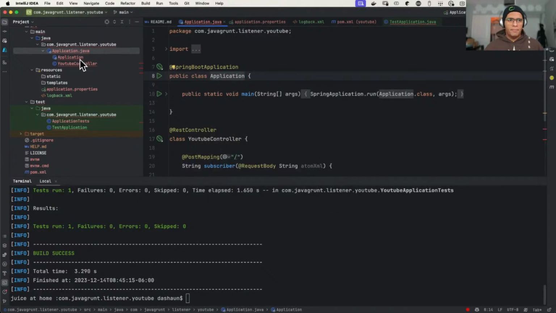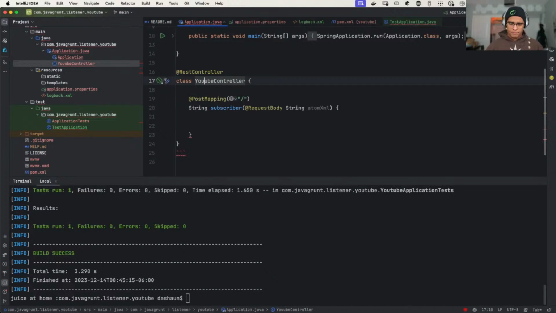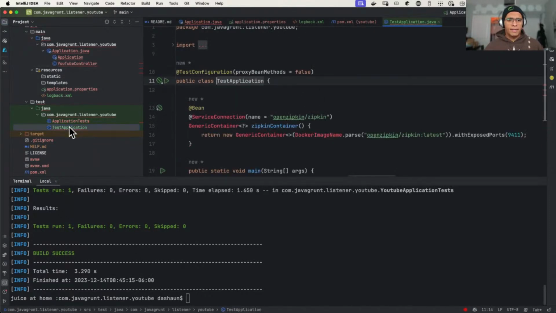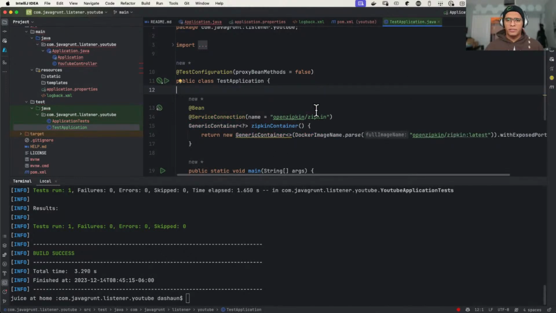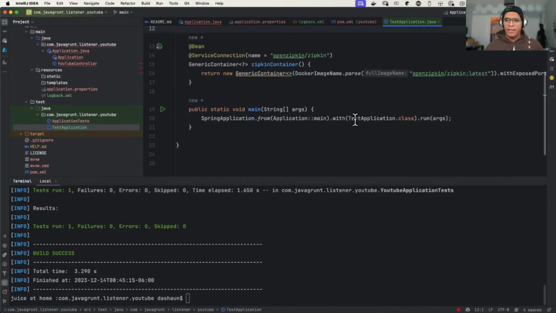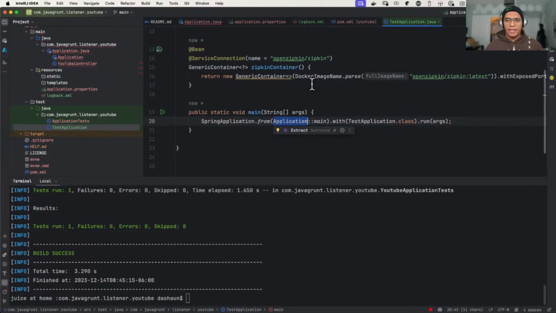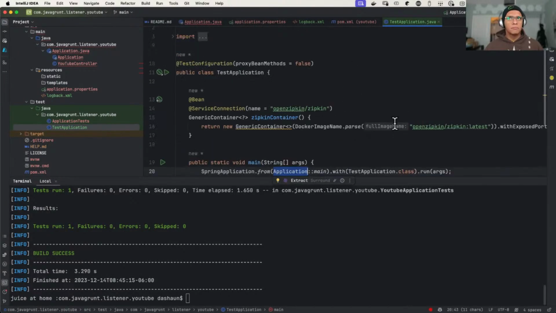So then I have application, application test. Should this be this? And then here I've got test application. Oh, I got to get this. I had this button, reindex those new dependencies so I can start up Zipkin automatically. And then it knows how to run application. So simple conventions. And now when I start up this test application, I get a Zipkin instance automatically, which may